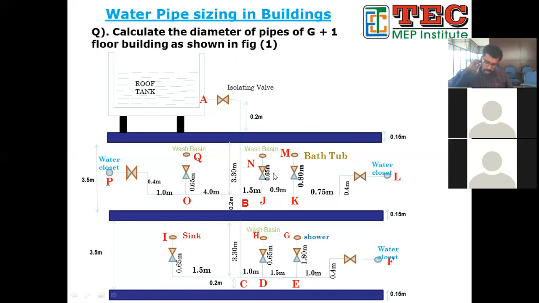So I am sizing my pipe with the help of this method only, and you can use velocity as 0.8 meter per second. So for the time being, we can stop it here. Tomorrow we'll be dealing with pipe sizing only, but by using another method.